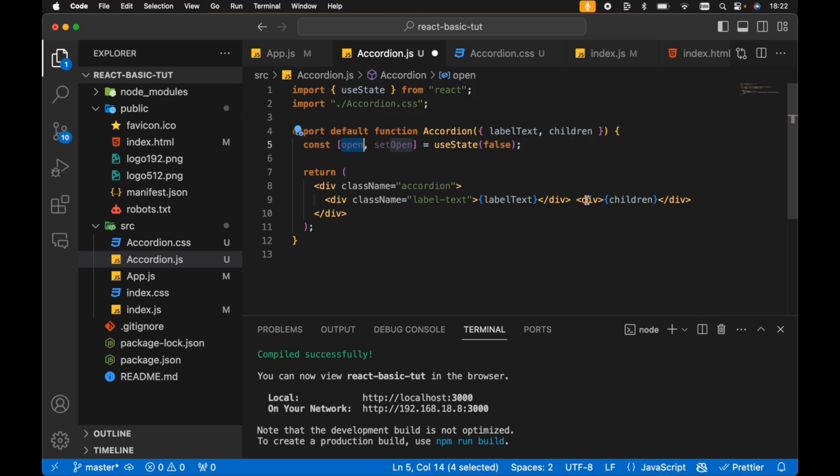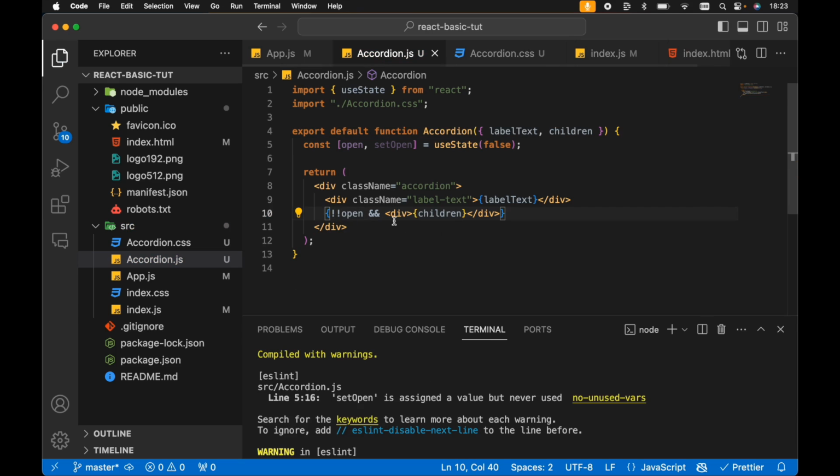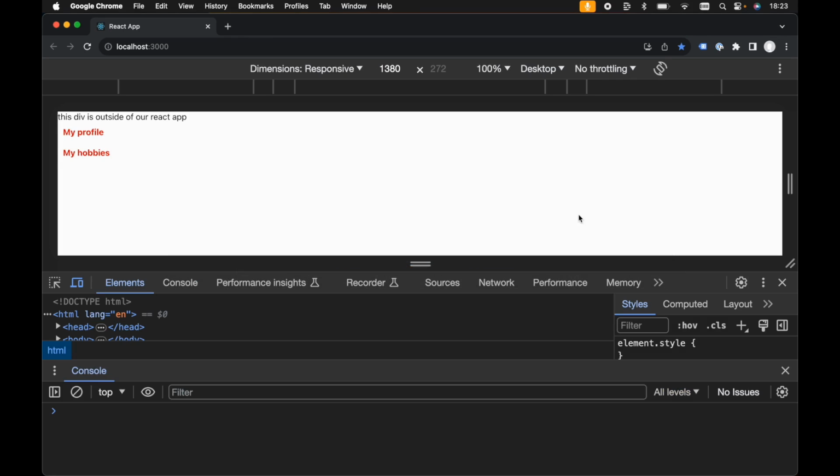Which means then we only want to render these children if open is true. Now we can use conditional rendering in React. And because we're going to be using some JavaScript within our markup here, we need to open up another set of curly braces. Now we want to check to see if open is true here. So if open is true, we can use the double ampersand to render this particular div and this particular bit of markup. Now if open is false, then it's not going to render this particular markup. With that said, if we save our accordion component now and take a look in the browser, we can see